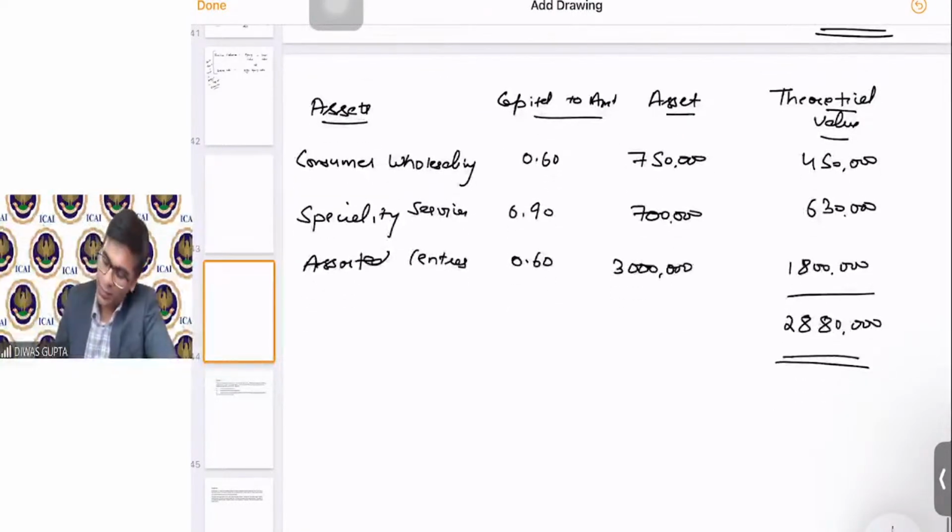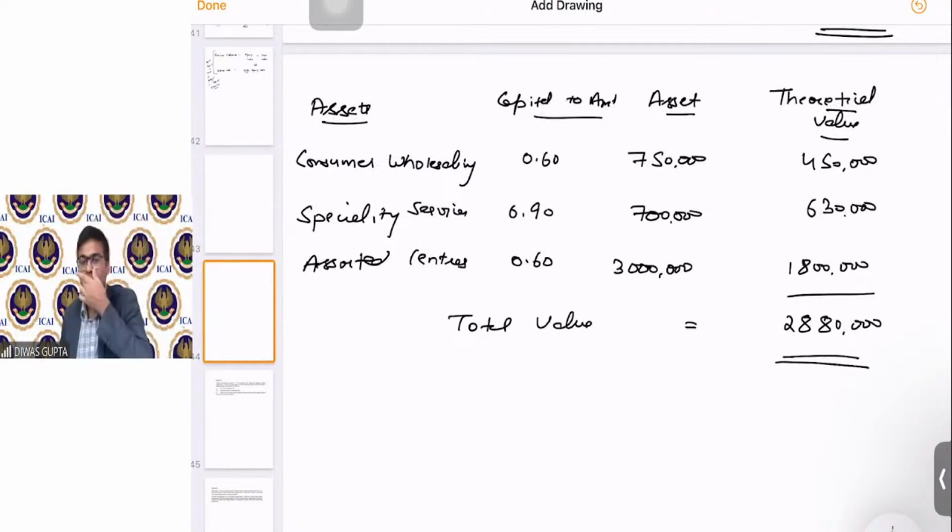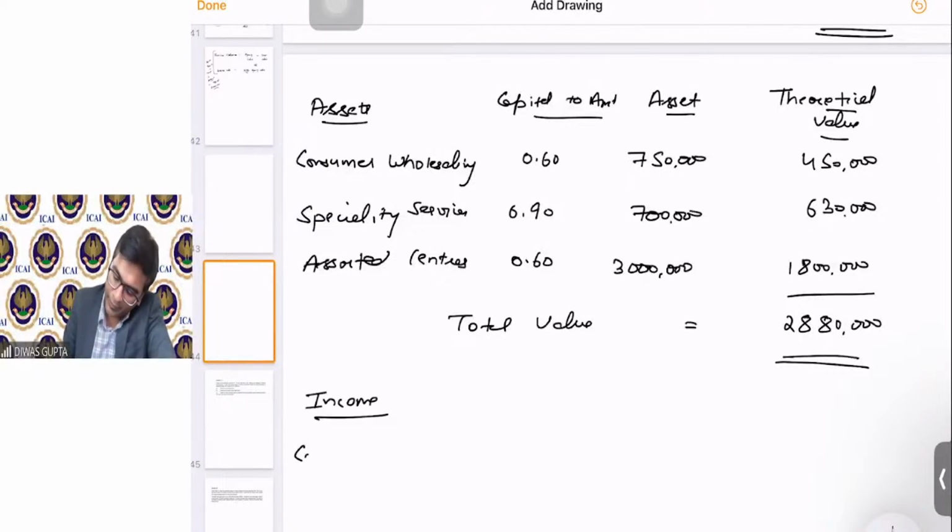80,000 students, right? So this is the total value, right? And the last valuation will be basis the income, right? So here we have consumer wholesaling again, specialty service, and then we have assorted center. This will be capital to income,